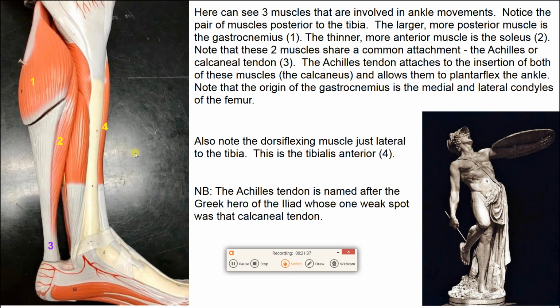There is a single dorsiflexor we're going to learn. He's right here at the very front of the shin. He's actually easy to feel. If you grab your own shin and you feel kind of the outside of your shin, like just to the lateral of your shin bone, and you pull your toes up, you should feel this muscle popping. It is your tibialis anterior. It's right next to the tibia, and it's very much in the front. Okay,